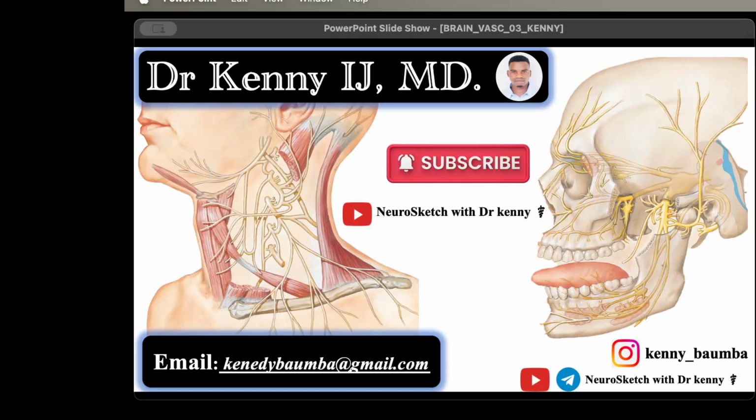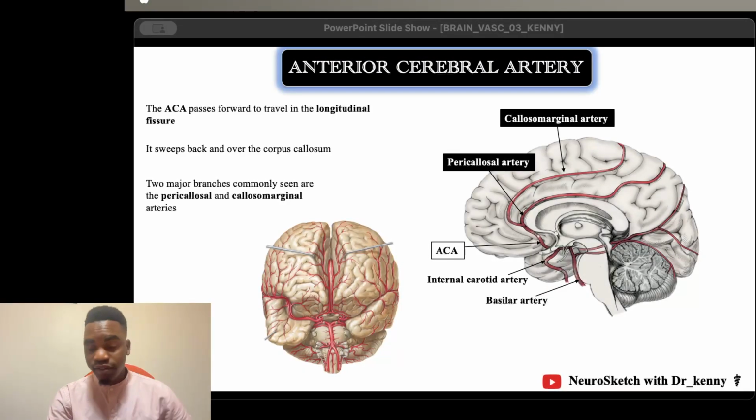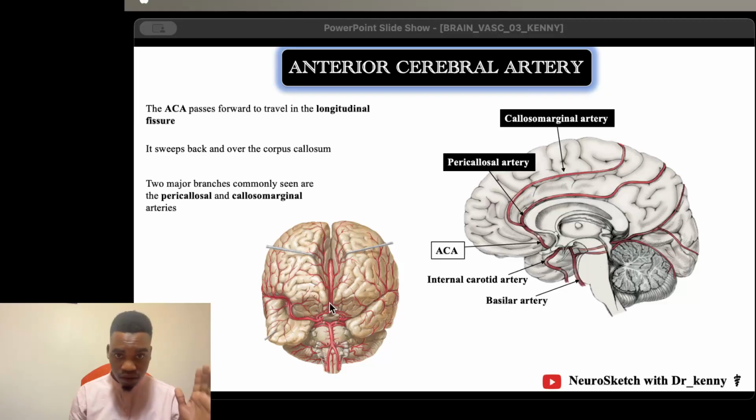So we have already seen how the anterior cerebral artery is formed from the internal carotid artery in the previous video. It is one among the terminal branches of the internal carotid, and once it's formed, it travels within the longitudinal fissure, as you can see. So we have a bilateral anterior cerebral artery on either side, left and right, and then they sweep back and